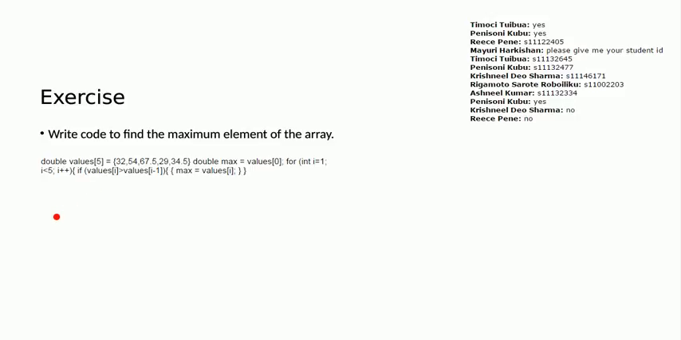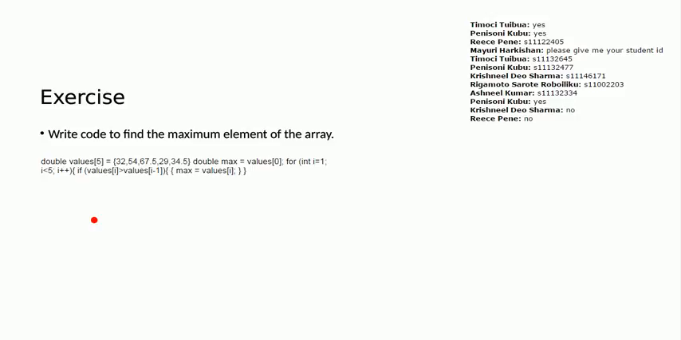True. So if the value at index 3, which has 29, is greater than the value at index 3 minus 1, which is index 2 that has 67.5, this is false. So we don't update max and then go back, right? Go back, I plus plus, now I becomes 4, right? So the value at index 4 is 34.5, is greater than the value at index